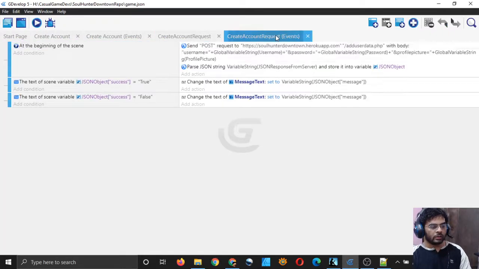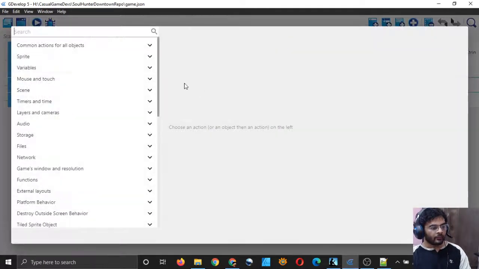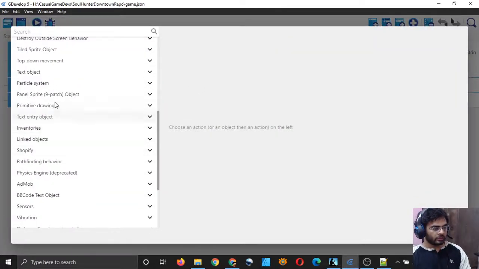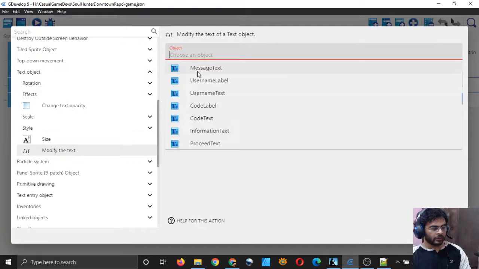So that's good. And yeah, let's display the other fields in our other text objects. Add action text object, modify the text.